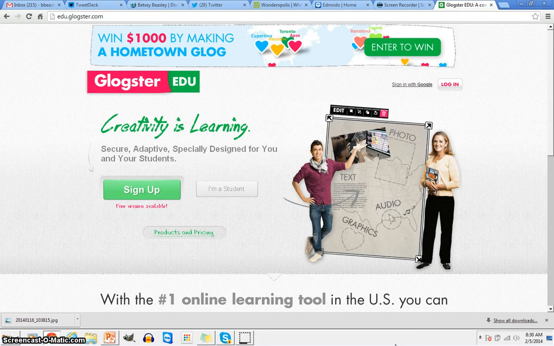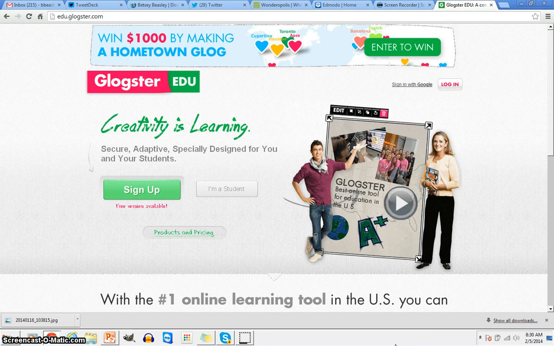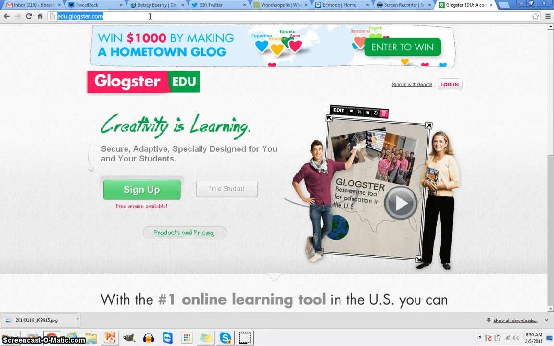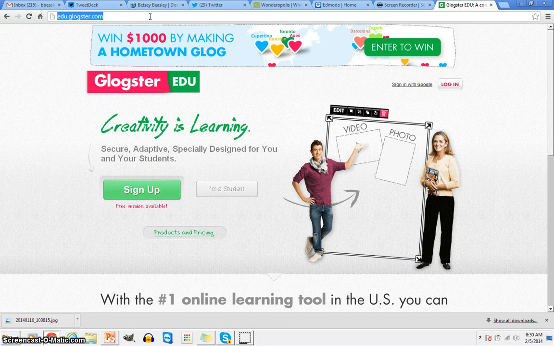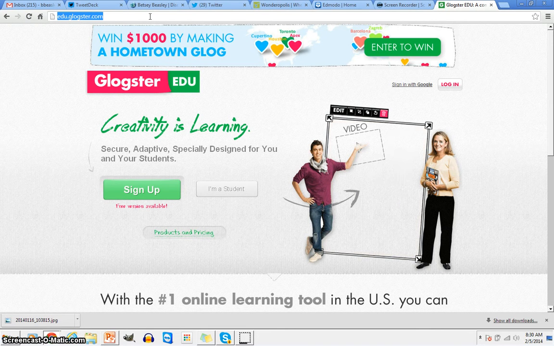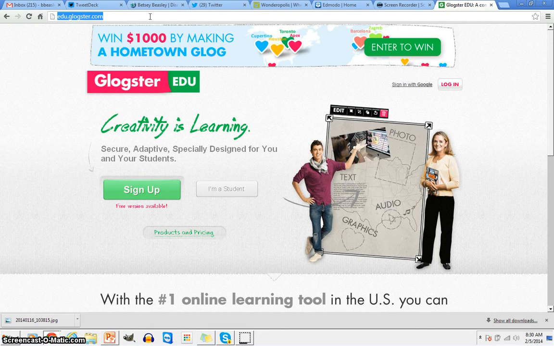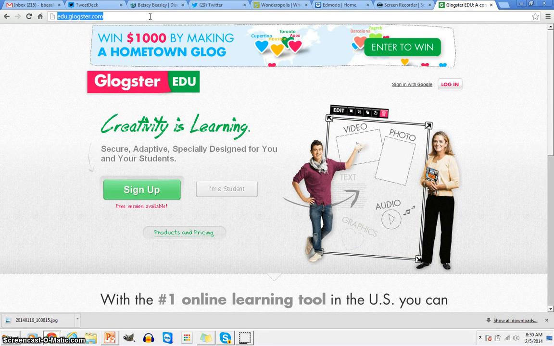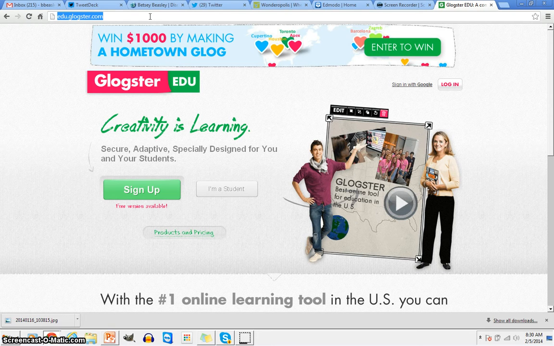So let's get started. First thing you want to do is type the web address into your address bar. You'll notice that there is an EDU in front of the Glogster web address. That's because there are two different Glogsters. There's one for education and there's one for non-educational things. So because we're in a school, we're going to work on the education account. So the web address,